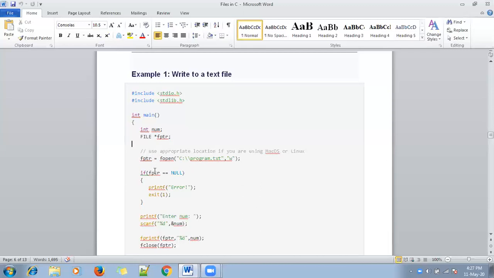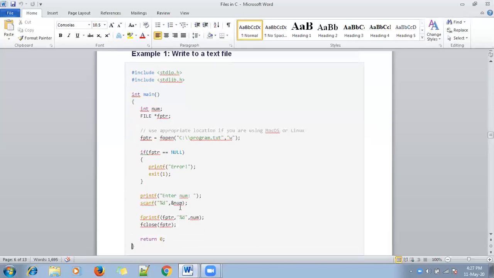If your pointer is not equal to null, that means the pointer exists. If your pointer is equal to null, it will show you an error. If your pointer is not null, you can proceed with further things.